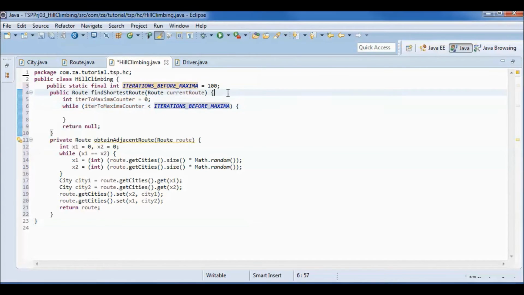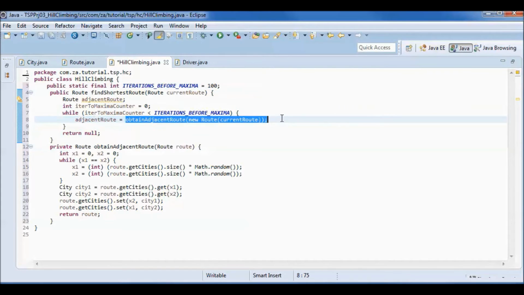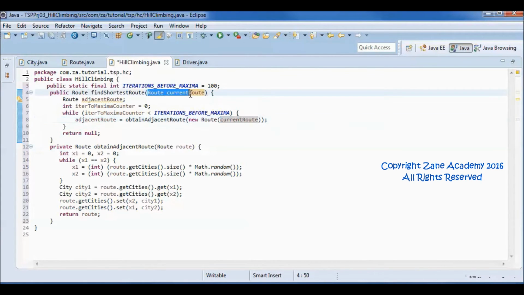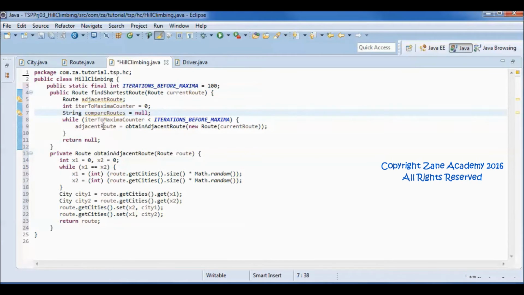So let me define this adjacent route, and it will contain what is returned by calling this obtain adjacent route method with the current route. And let me define this compare routes string, and we will have two cases.